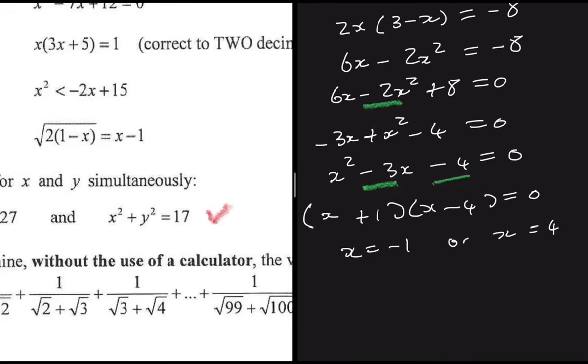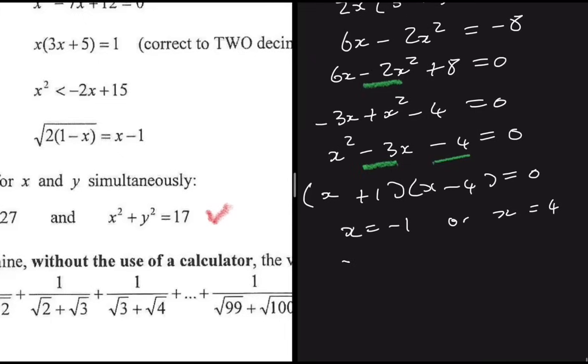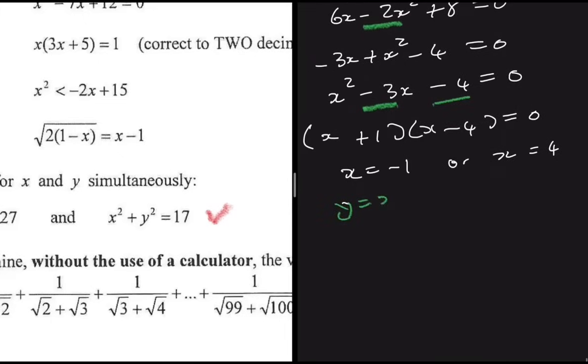But what is y when x is equal to minus 1? We know that y is equal to 3 minus x. So when x is equal to minus 1, y should be equal to 3 minus minus 1, y should be equal to 4. And then when x is equal to 4, y is equal to 3 minus x. So y is equal to 3 minus 4, y should be equal to minus 1. Right, so that is